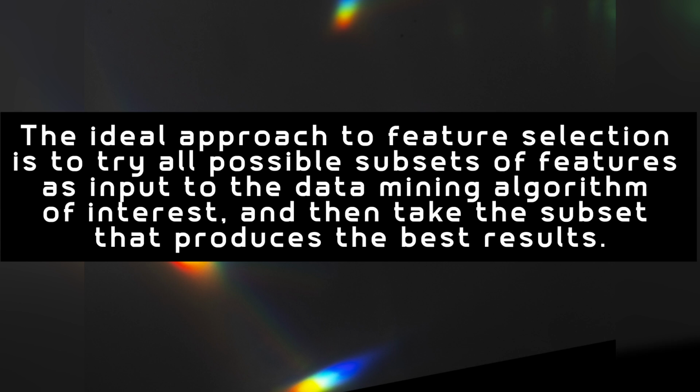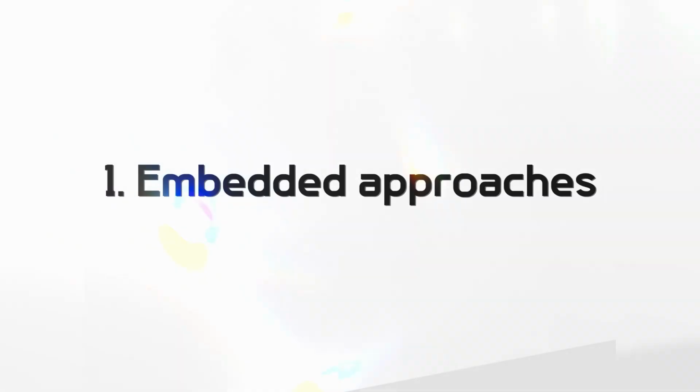There are 3 standard approaches that you can employ to do feature selection in your own problem solving. The first one is called embedded approaches. In this approach, feature selection occurs naturally as part of the data mining algorithm. What it means is, when the data mining algorithm is executing, the algorithm itself decides which attributes to use